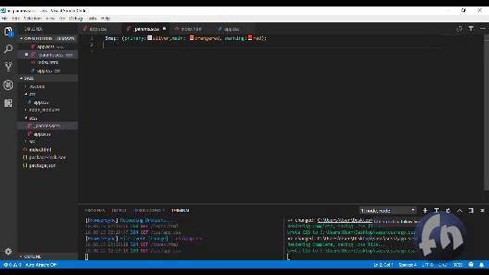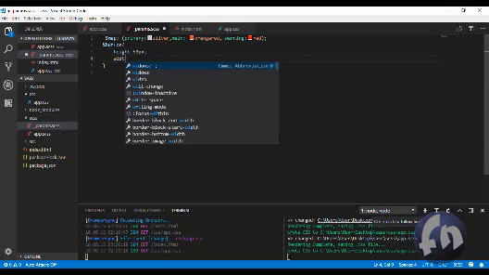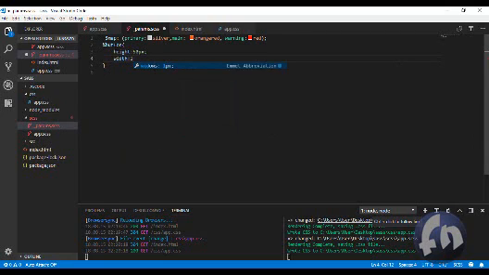So what I'm going to do, I'm just going to create these here. So I'm just going to call it a button. I'm going to give it a height of 50 pixel, then width 120 pixel. So I'll just make it a bit wide. So then what I'm going to do, I'm just going to say